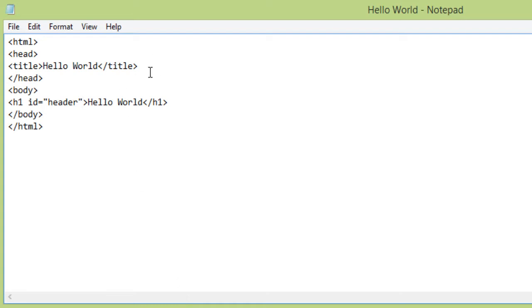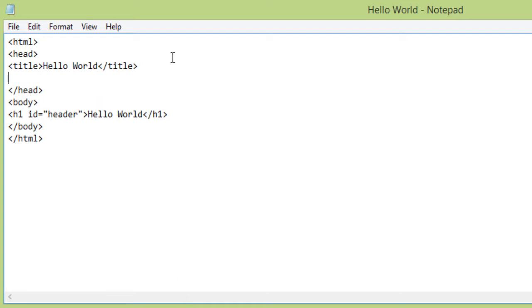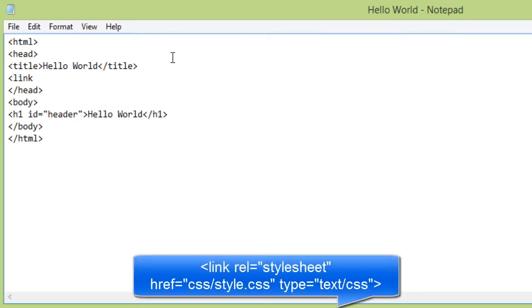The way we do that is we're going to go into our head tag and we're going to add link rel="stylesheet", end the quotations, and then do href equals, and then the quotations, and this is going to be the location of our file. Now, since we made the new folder, the CSS folder, we need to tell it to look in the CSS folder. And then next, we're going to do / to say look in that folder for the style.css